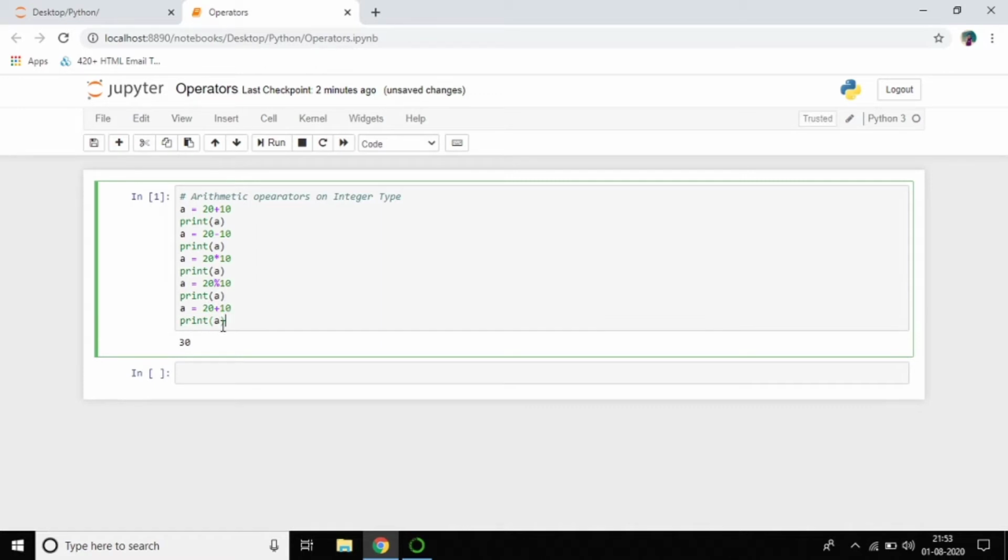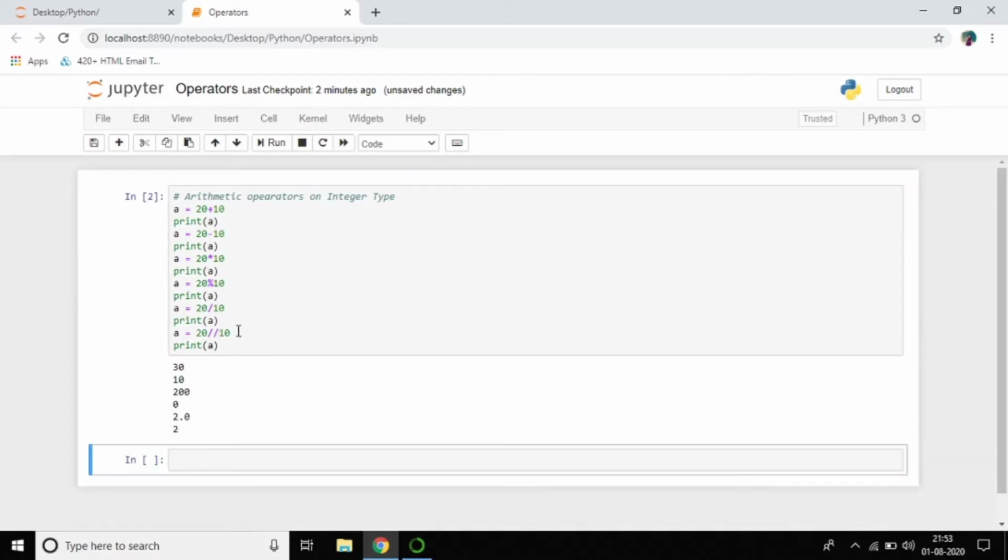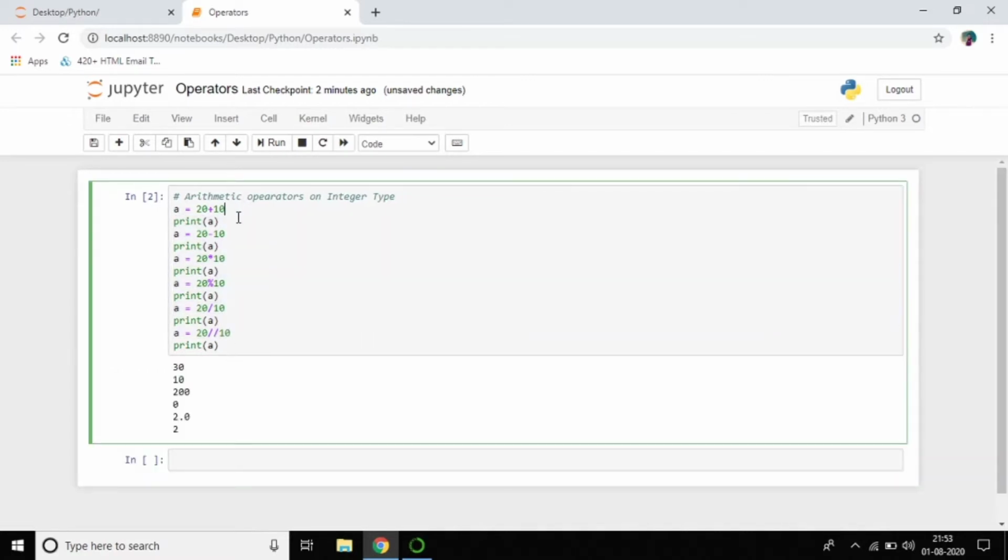And we have floating point division, which we write like this, and again with a double slash. Just press shift enter, then you can see all the things we did: addition, subtraction, multiplication, the modulo operator that gives the remainder, and here the floor division. This one is called floor division, and this is called floating point division.